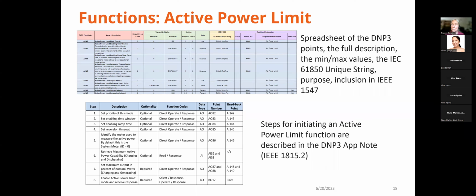Remember, this is valid for storage and electric vehicles for that matter, as well as for things like PV. So that's why there's a charge set point and a generation set point. And again, it has the unique 61850 name. In addition, in the MESA-DER spec, or the DNP app note, which is becoming 1815.2,